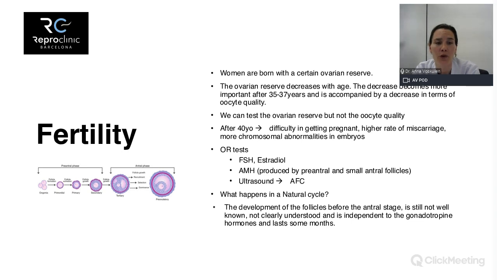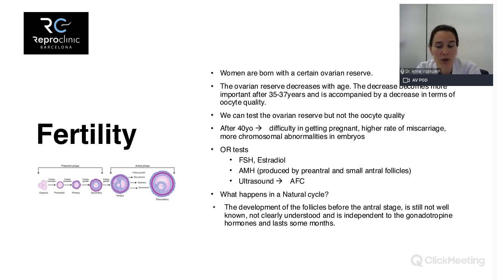And then we have, of course, the ultrasound, which does what's called the antral follicle count. What is that? We know that in the beginning of our cycles, we have different follicles that could grow in response to the hormones, and that we can see with the ultrasound because they have a little bit of liquid. So if we count the number of antral follicles that we have in the ovaries, we can have an idea of how the ovarian reserve is.